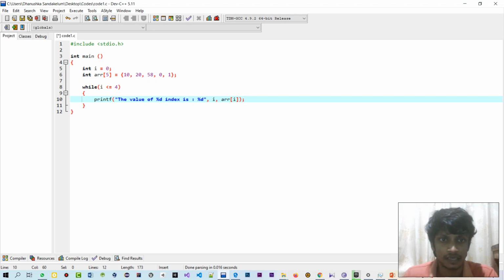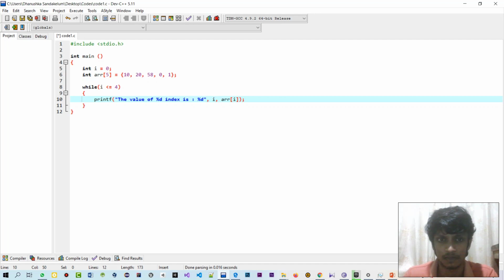Okay, so the meaning of this line is that it will be printed like this. The first line will be printed like the value of 0 index is 10. The second line will be printed like the value of first index is 20. Likewise, there will be 5 lines printed. So this %d is initializing this i, which means the corresponding index. The first line will be 0 index because i is 0.